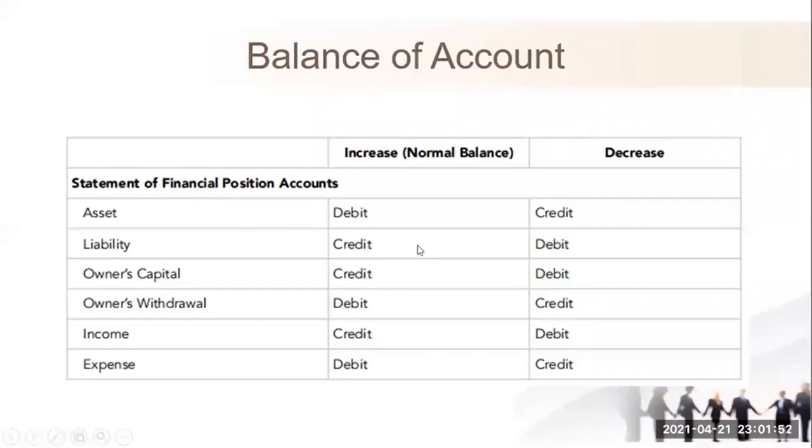Okay, so actually na-discuss na rin natin to last SEM. And then, dinidiscuss pa natin tong chapter 1, no? So, parang review na lang dapat sa inyo to. Pag owner's capital, normally credit. Syempre pag nag-invest yung owner ng 100,000 cash, meron tayong asset again, cash na debit. And then, owner's capital, naging credit yun. So, owner's withdrawal, debit siya. Income, credit, and then expense debit.